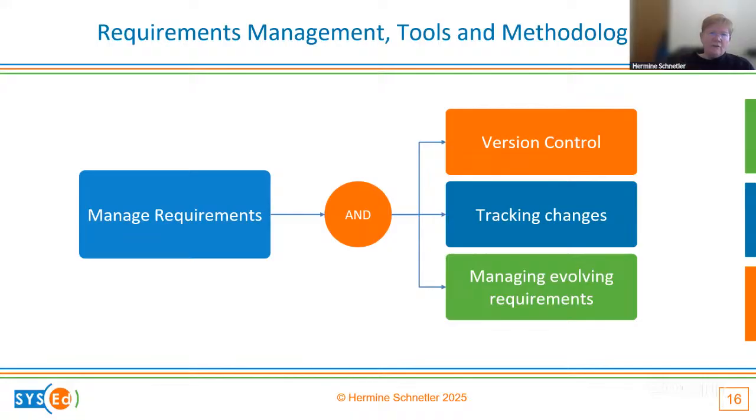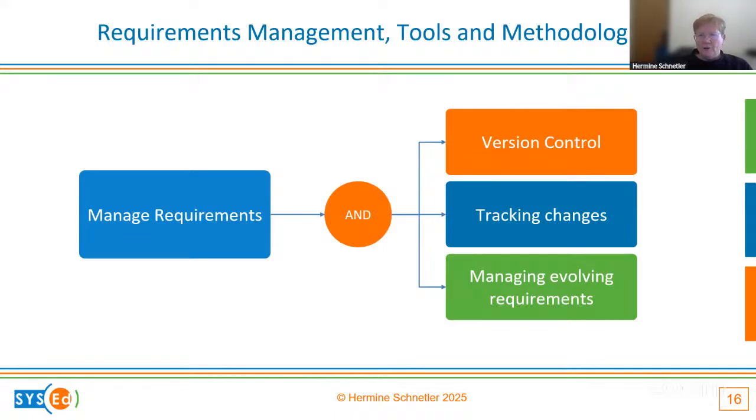You need the version control, you need to track changes and manage evolving requirements and try to make sure that there's no requirements creep. And in terms of the tools, there are so many tools available that can be used.